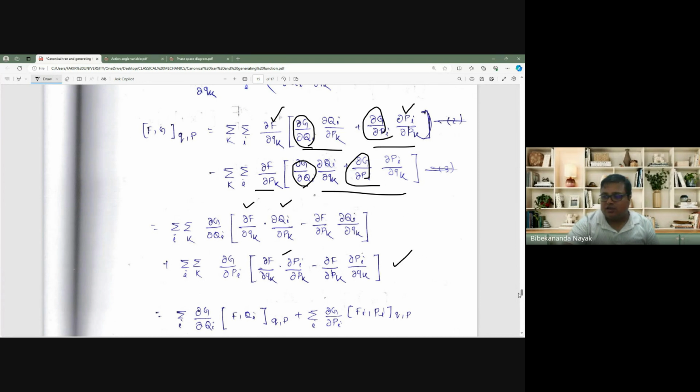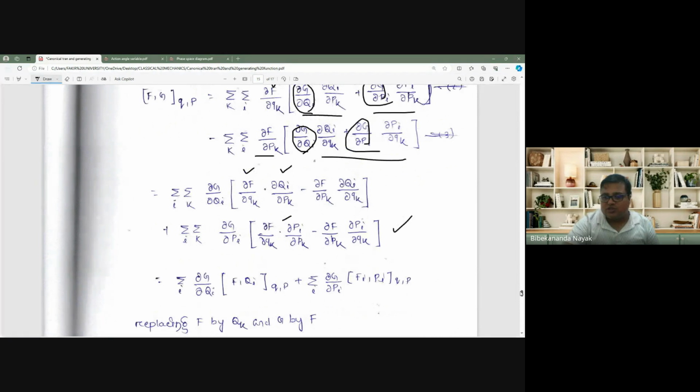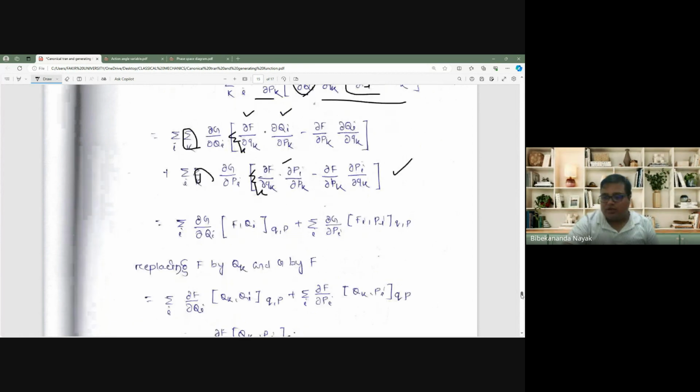Okay, these four terms, if you take the sum over k, are nothing but the Poisson bracket of f with qi and the Poisson bracket of f with pi. So {f, qi} and {f, pi}. Replacing f by qk, where f is any function of q and p. So let's say f is equal to qk. If f is equal to qk, then {qk, qi} is equal to